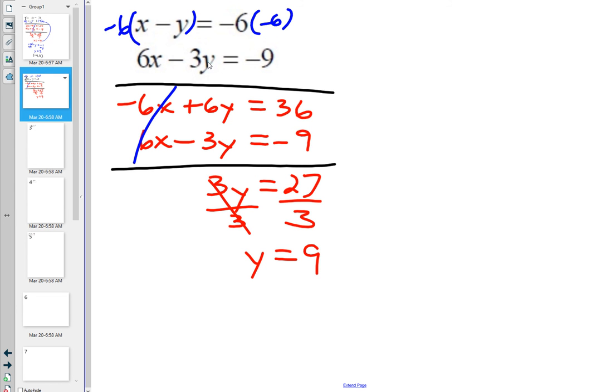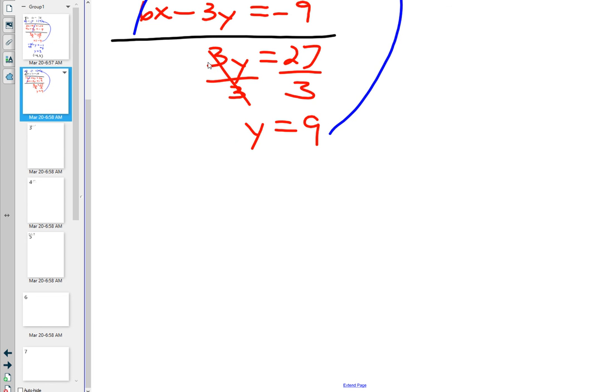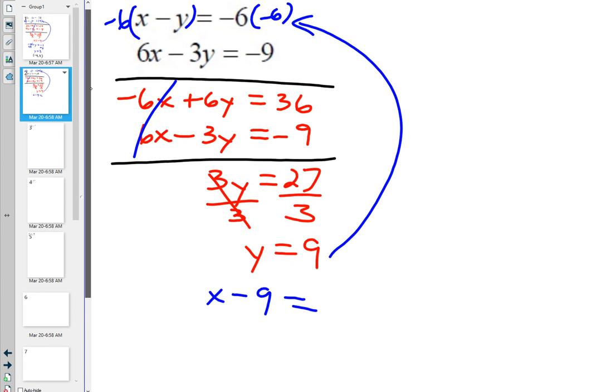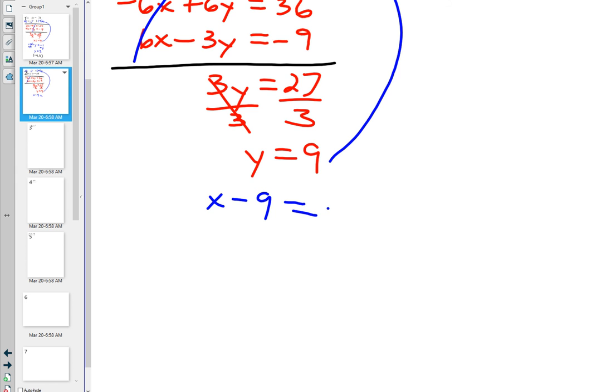Now you need to find the x. I would think most people would pick the top one, but you can pick whichever one you want. So x minus y would be the same thing as saying x minus 9. And that's going to be equal to -6. Plus 9 plus 9, x is equal to 3. So,